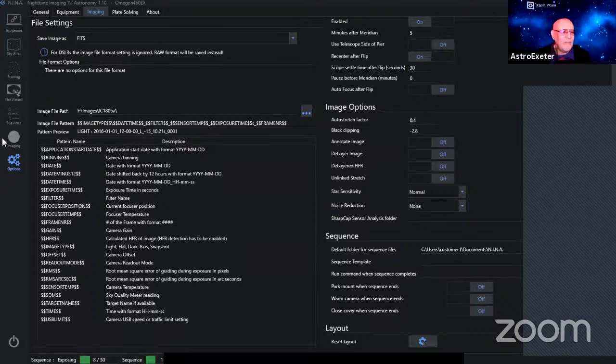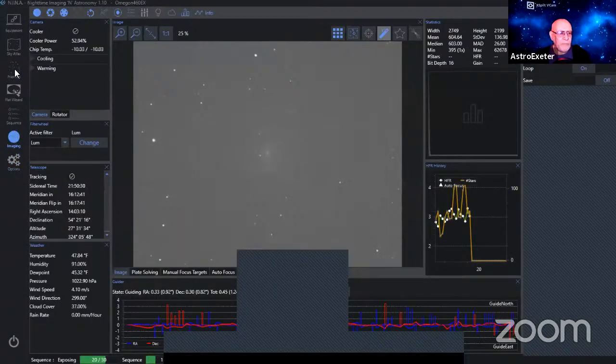Yeah. So currently it's still imaging this target. What I can do, while that's happening, is go on and choose another target so that I'm ready, and I can set that as another sequence. I could do that right now, frame another target. So if I go on to